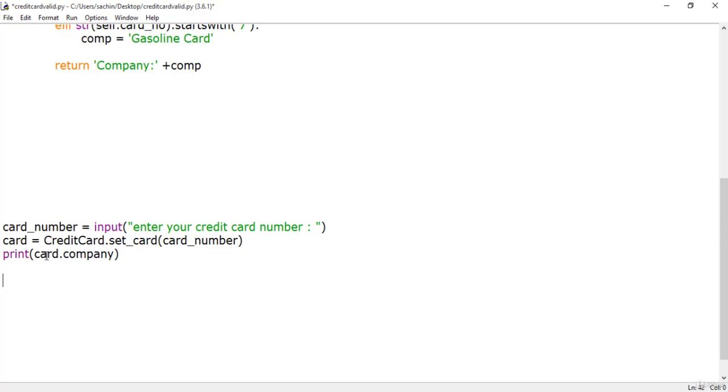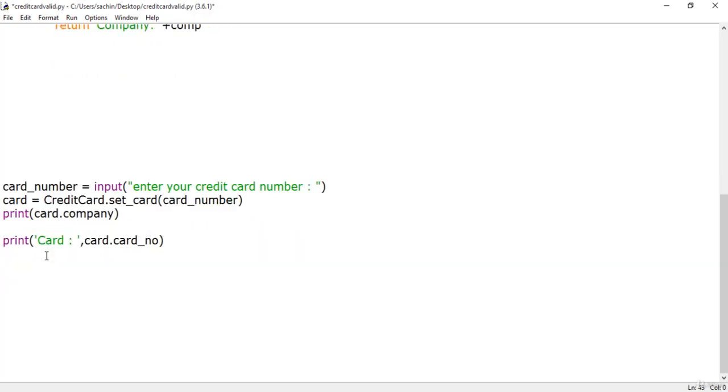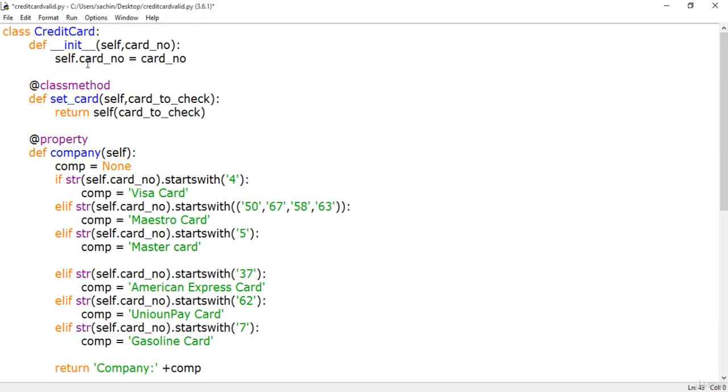So next thing is we'll just print the card number again, that is, let me say card dot card number,